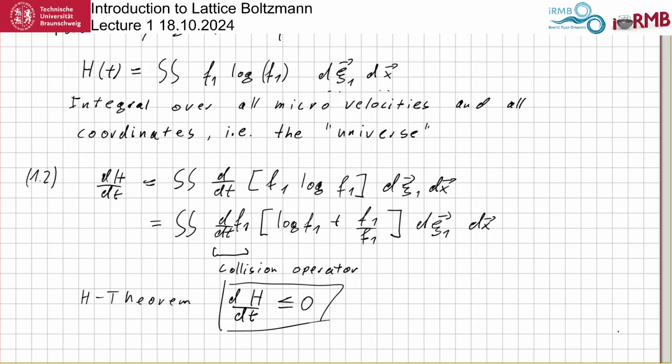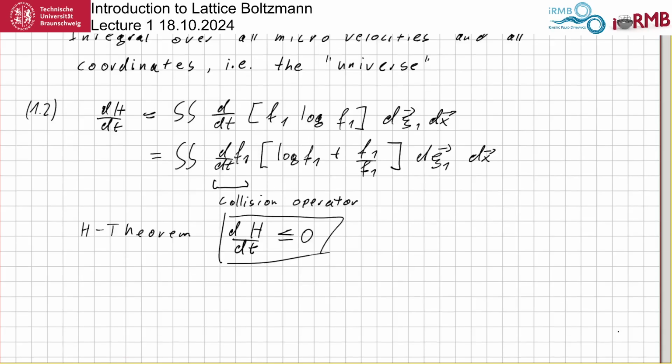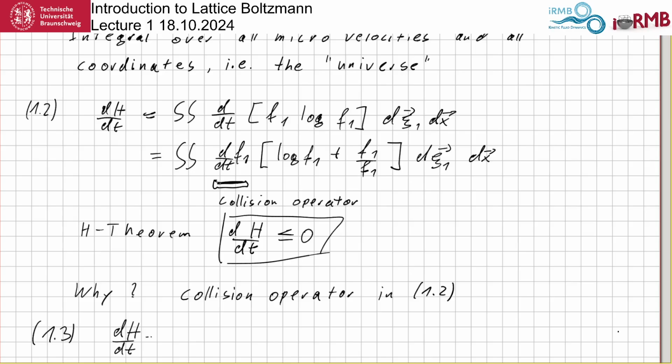And the question, of course, is now why? In order to see this, we put the collision operator into the function that we have just derived. The collision operator in this here gives us equation 1.3, where we have dH by dt equal to